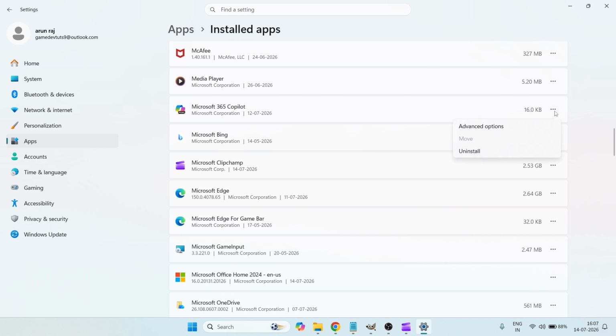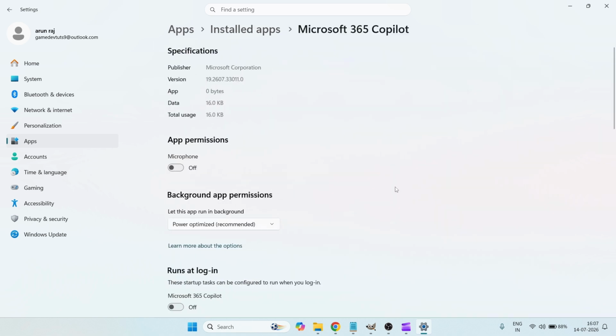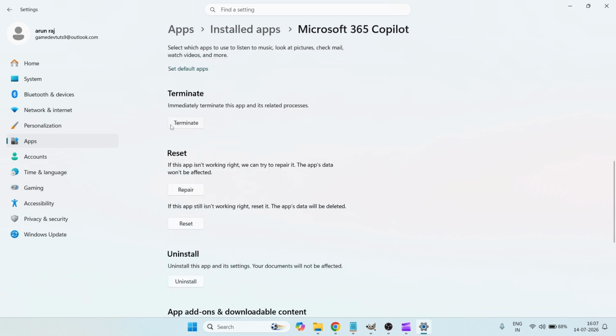You need to click on these three dots and click on these advanced options. Then there are three options here: terminate, repair, reset. Don't go for reset, okay, this will delete the data. First of all, click on the terminate. This will temporarily close that running